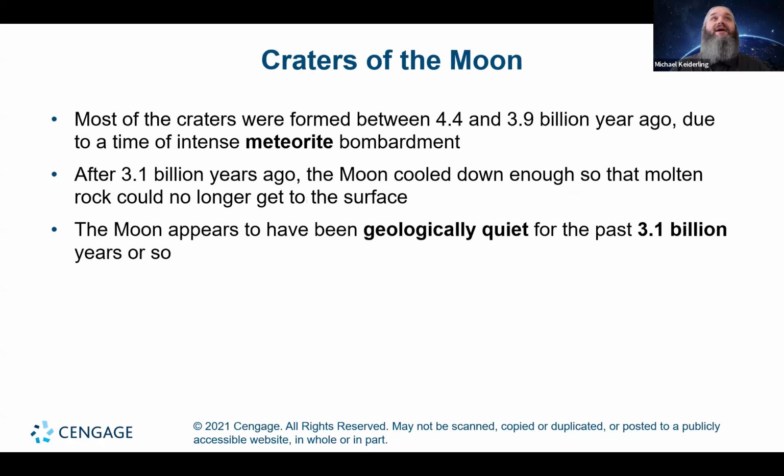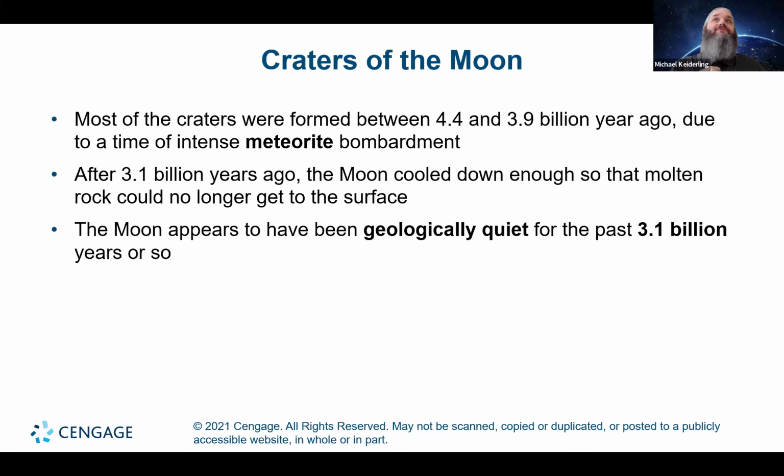Most of the craters were formed between about 4.4 and 3.9 billion years ago, when there were a lot more impacts, a lot more meteorites, a lot more junk flying around in the solar system. But most of that material hit stuff and thus got cleared out. So there were a lot less impacts later than that. After about 3.1 billion years ago,